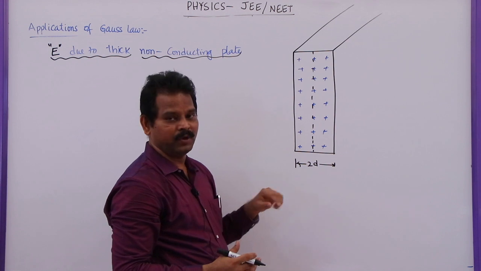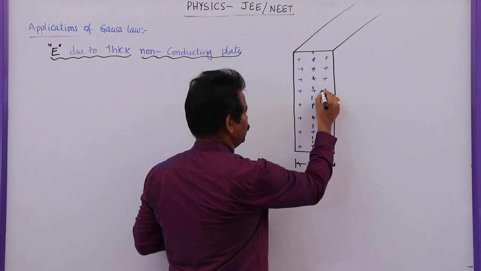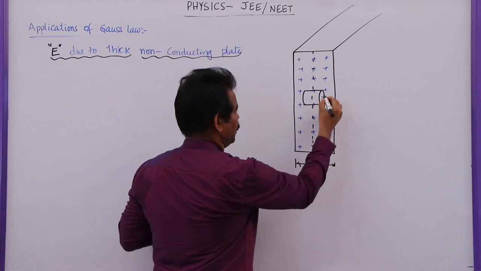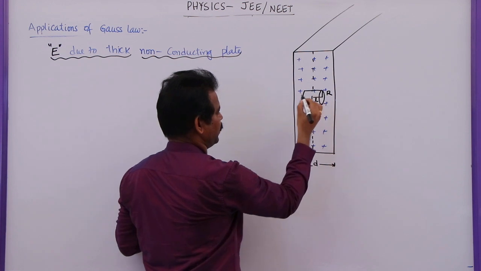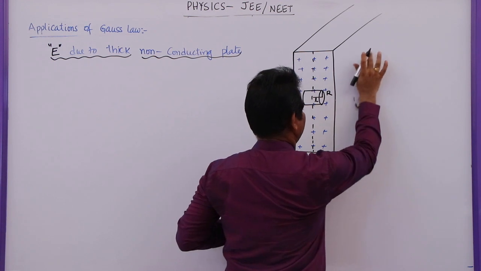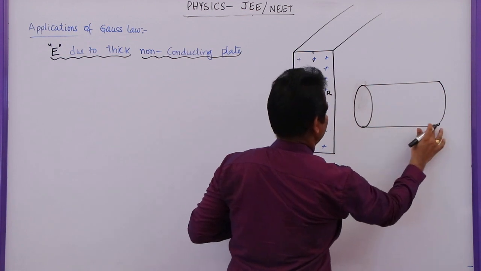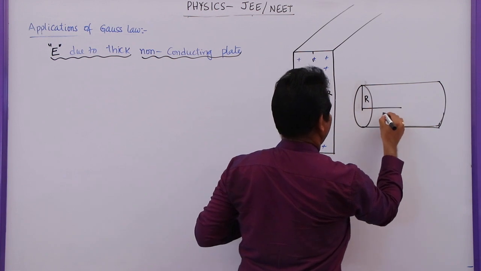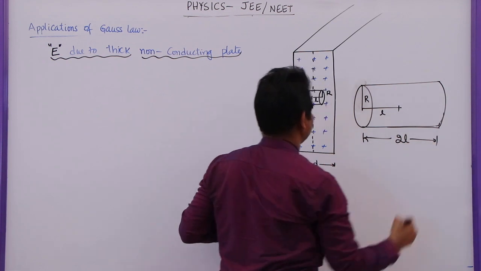Now I wish to find the electric field within this plate, let us say here. So you have to construct a closed Gaussian surface. Here I am taking a cylinder. The radius of this cylinder let me take as capital R. The length of the cylinder let me take as L. So here I am going to draw the same cylindrical surface in an elaborated diagram. This is the cylindrical Gaussian surface that I am choosing here. Let the radius of this be R. Let half of the length of the cylinder be L, that means the total length of the cylinder is 2L.